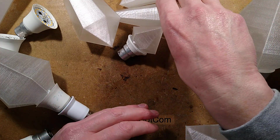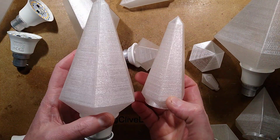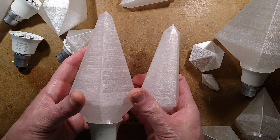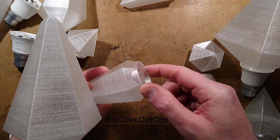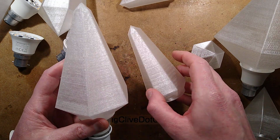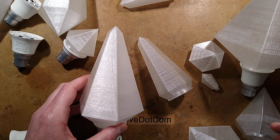The next file I created was this quartz crystal thing, and you can scale this up again. You can make them thin, you can make them wide, you can adapt them in many ways. You can change the size of the base to fit into the lamp. It's all designed for that. And it's a nice visual effect. It just looks like a nice pyramid shape. But the most recent one I did